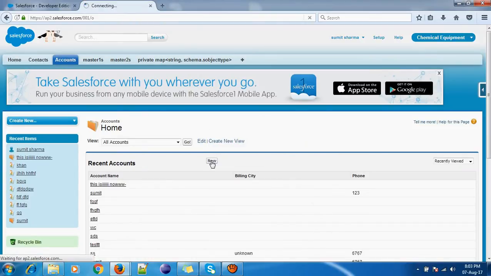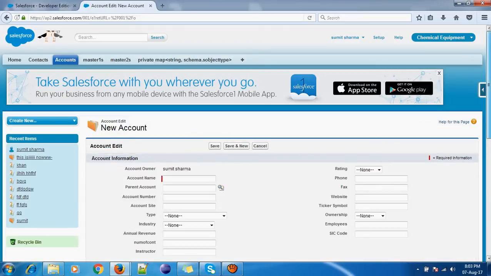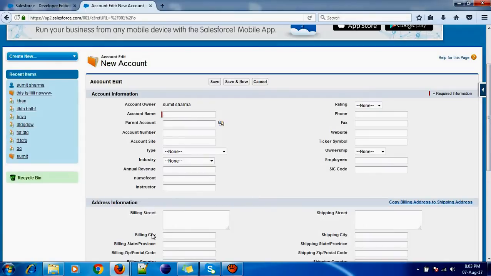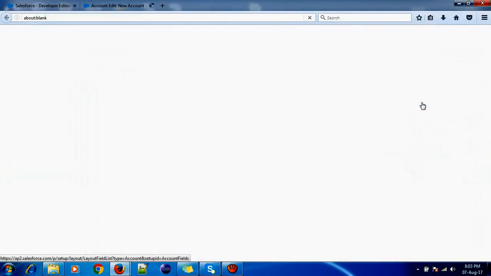When I click on new, we can see there is a field created, and the field name is number of count. This is a number field. I'll show you, view fields.